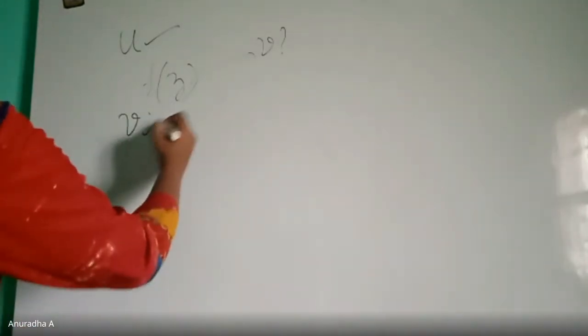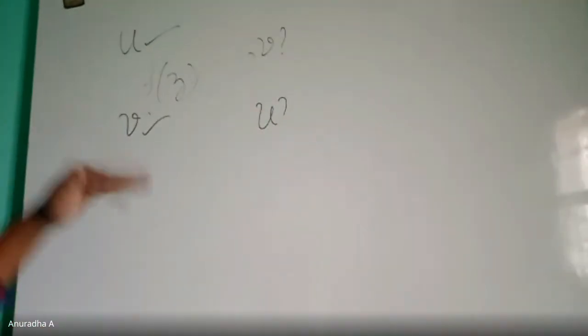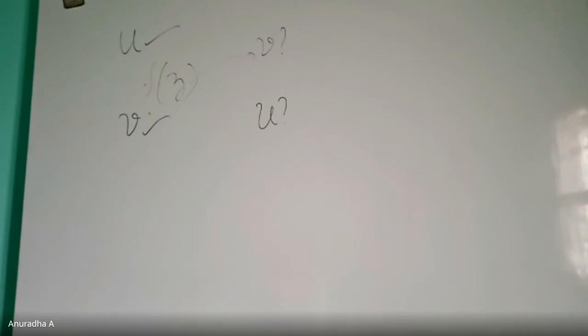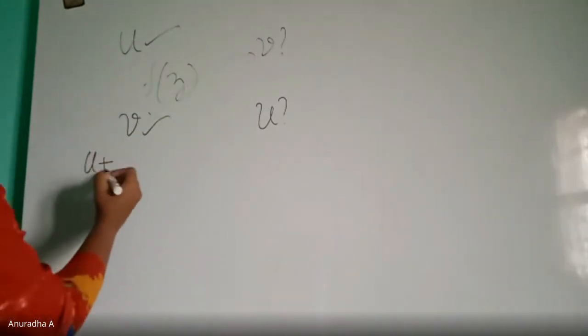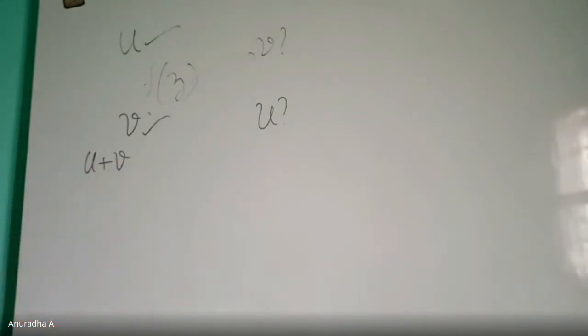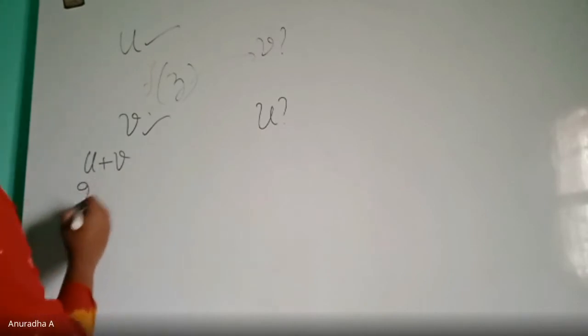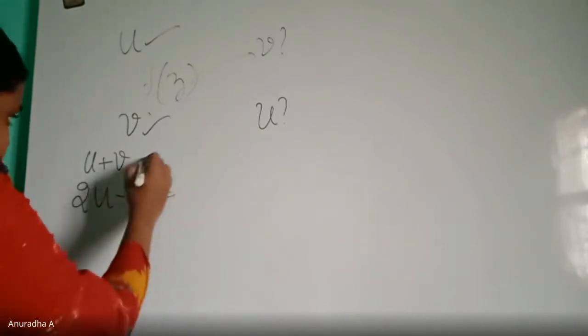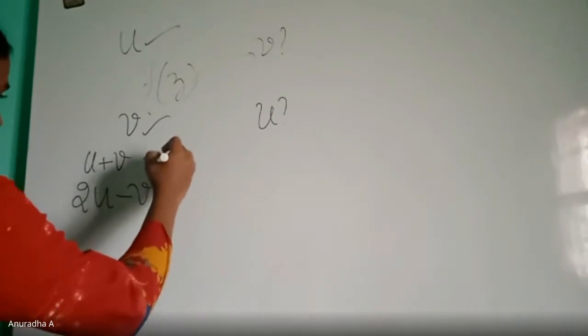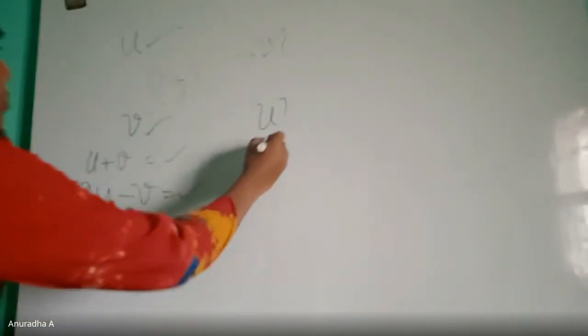Sometimes v will be given to us and u will be asked, the harmonic conjugate. Now, directly the real part or the imaginary part will not be given to us. Instead, a relationship between u and v will be given. Like u plus v equal to something. If I add the real and imaginary part, please see, it is not u plus iv, it's not z. The real part and imaginary part alone I take, omit the i, and add. Or like this, 2u minus v equal to some value. They will give values like that, and they will ask you what is f of z.